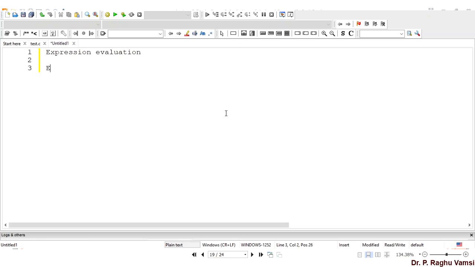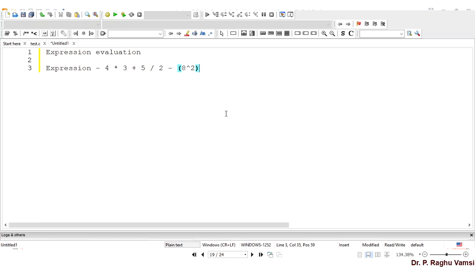That means the expression will look like this in general, like 4 into 3 plus 5 by 2 into minus 8 cap 2, that is 8 square, or something like this.